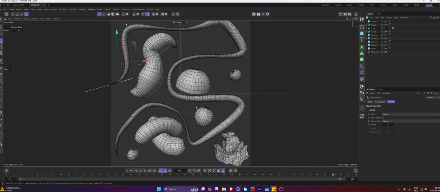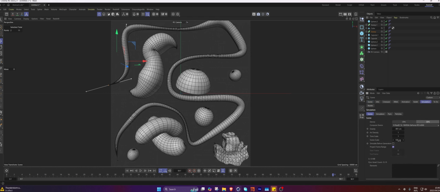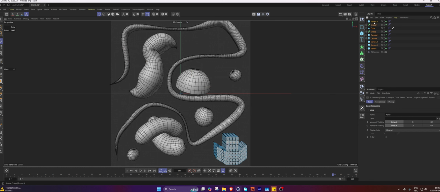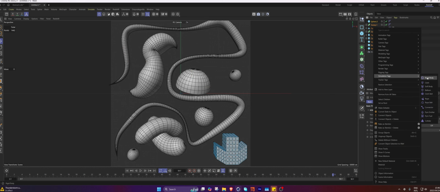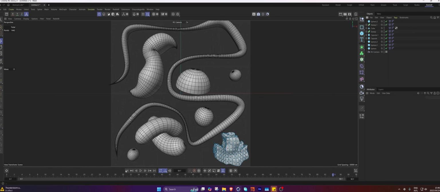Let's go and add some simulations to this. So let's first go over here, click on Command D. Let's go to Simulations, Scene, turn off Gravity. Then we can select all of these, because I know that I want all of them to have some sort of weird simulation in them. And let's click Cloth over here. So now, if we press play,